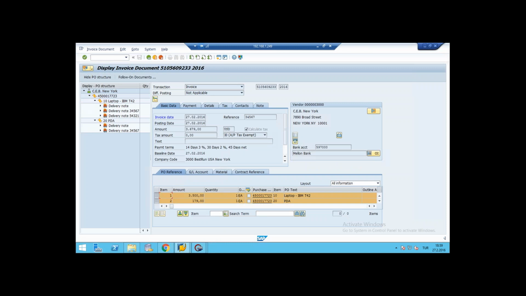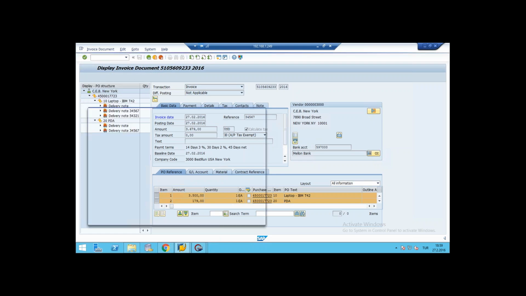Yes, all these fields are pushed here from the eBA workflow management system. You can see all details of the invoice here: vendor information, item details, also the purchase amount, invoice date, and other details. And also we can review the attachments